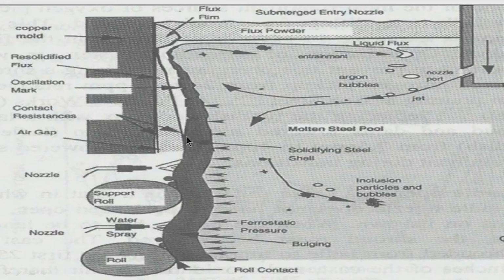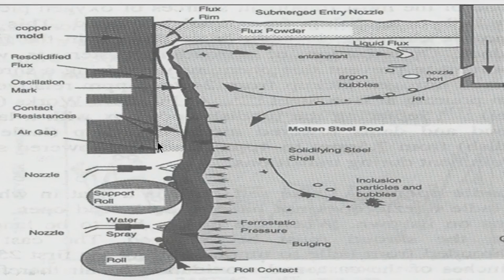Shrinkage means it comes away from the mold. The ferrostatic pressure of the liquid will try to push it towards the mold, but the shrinkage will try to take it away from the mold. It depends which force is more. So, some amount of shrinkage will always be there. So, we have to be careful about this air gap. Too much air gap formation means